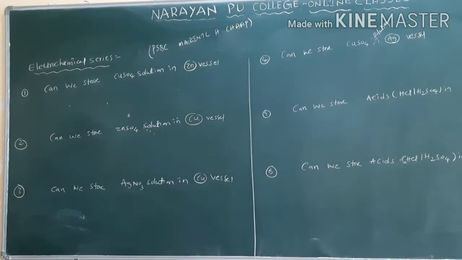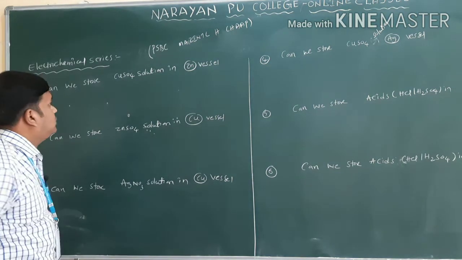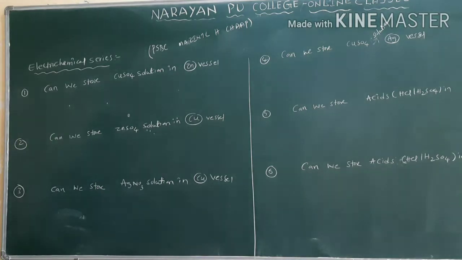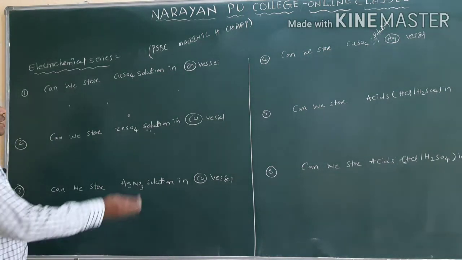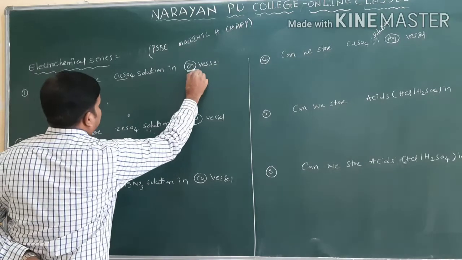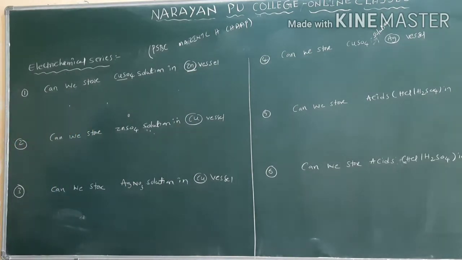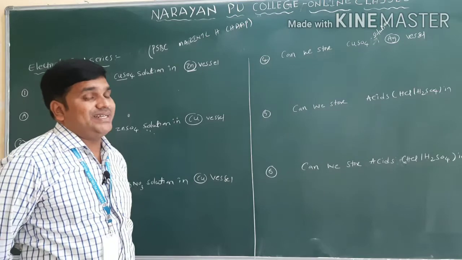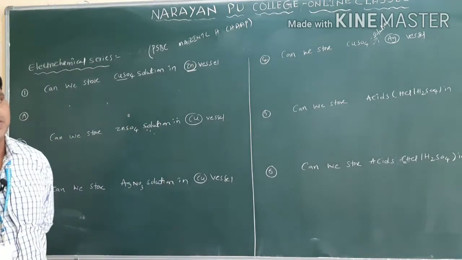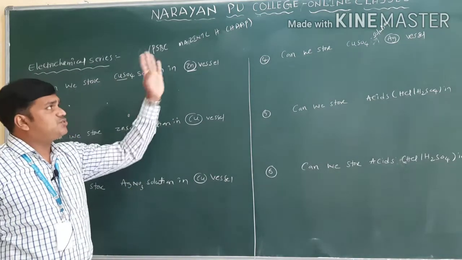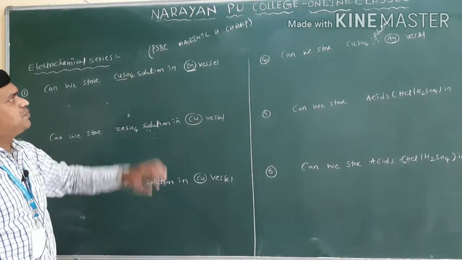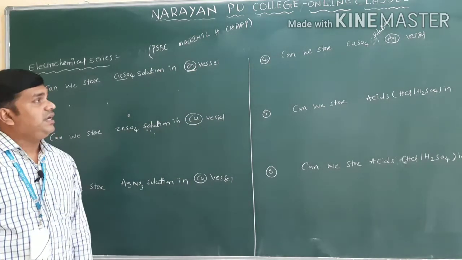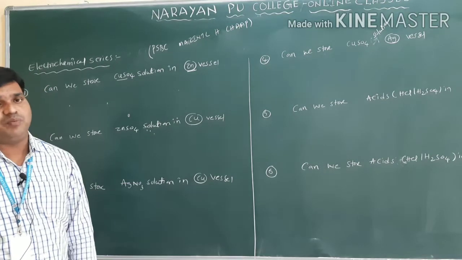See, these are the questions which are related to the electrochemical series only. The first question we have: can we store copper sulfate in a zinc vessel only? Here we have copper sulfate solution, and can we store this copper sulfate in a zinc vessel? Suppose you want to solve this type of question, you have to know the metal reactivity series, that is from the electrochemical series only. If you want to solve this question, just keep this order in your mind: PSBC, MaZintl, H and CHAA.